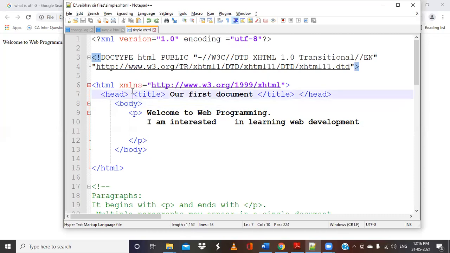And also sometimes when we study JavaScript and cascading style sheets, at that time we'll understand another use of the head tag. So we can also include some other files, like JavaScript files, or if you want to use some cascading style sheet, all those things can be included in this head tag. So we have two basic categories. One is the head tag, another one is the body tag.